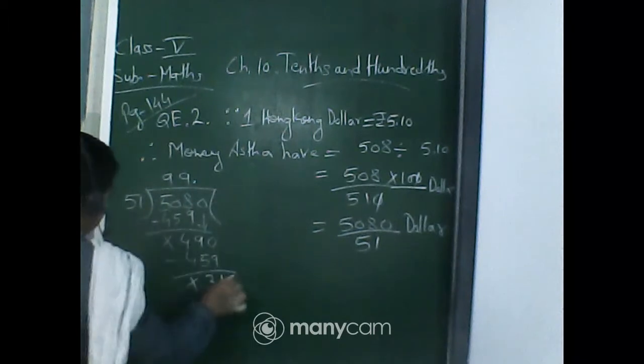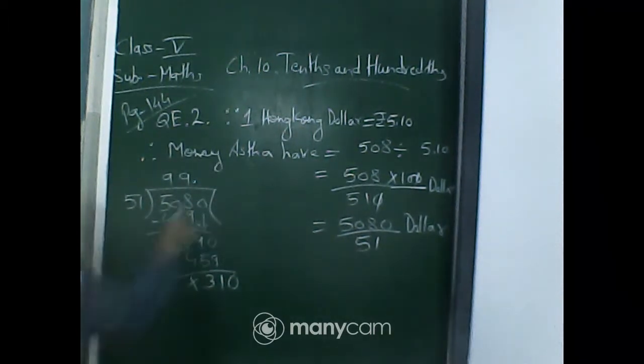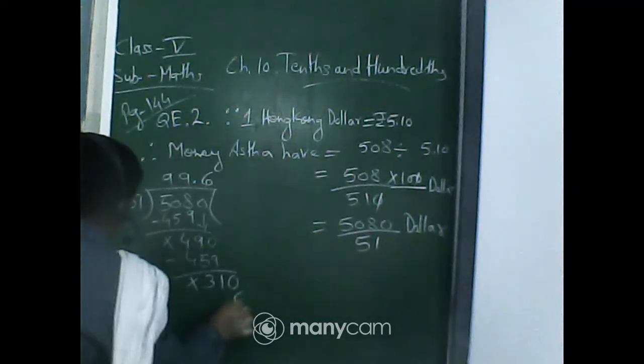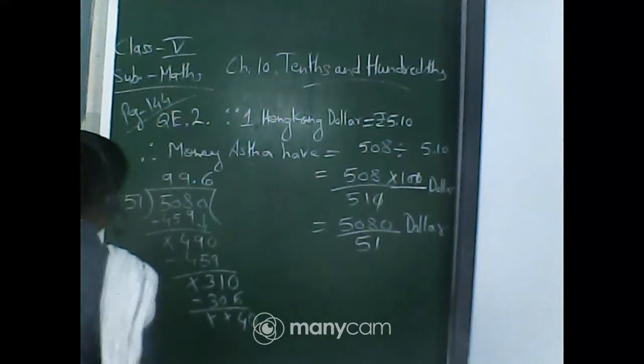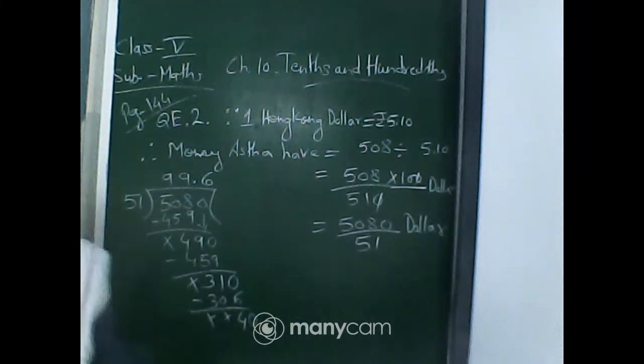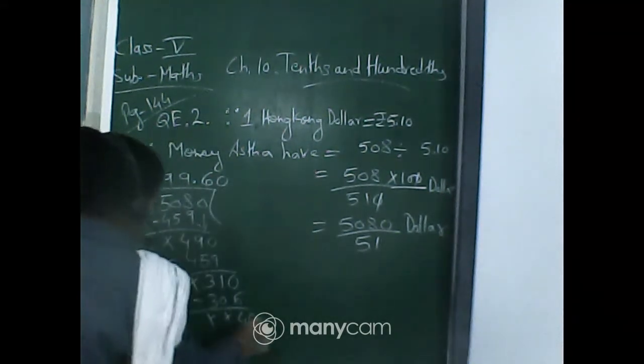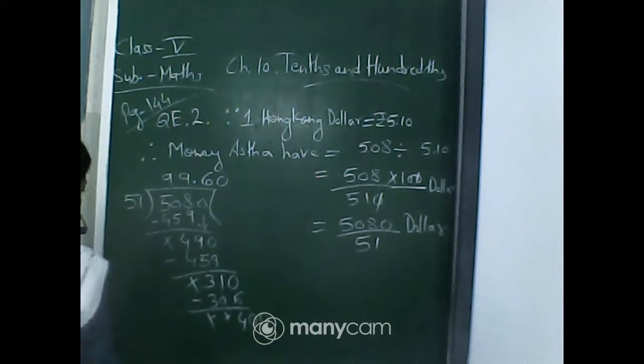Of 0.0. 6 are. Again 0. Here it will be 0. One more 0 will be here. Isn't it? So 5